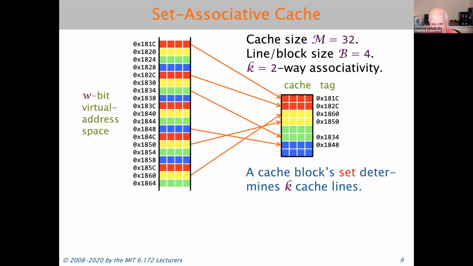And if you have an M over B way set associative cache, that's a fully associative cache. So typical values for K are small powers of 2. But I don't know if you noticed, the L3 cache on the Xeon Platinum 8280L is actually 11-way associative. So it's not actually just extracting bits. It's got to do div and mod